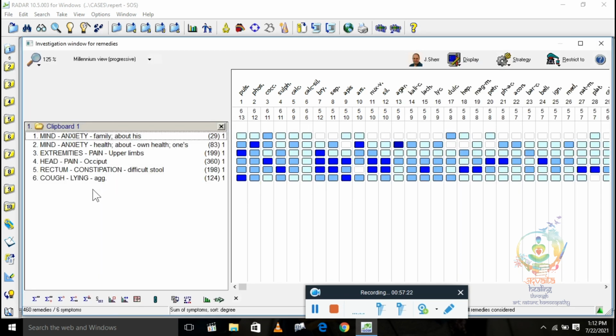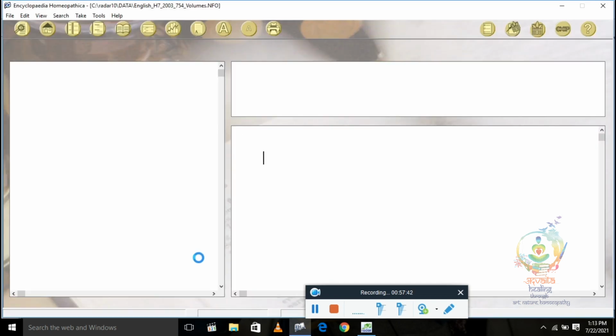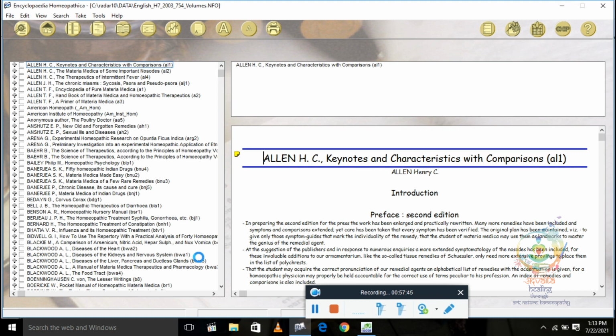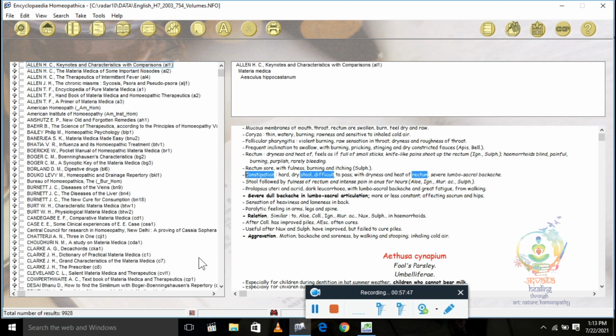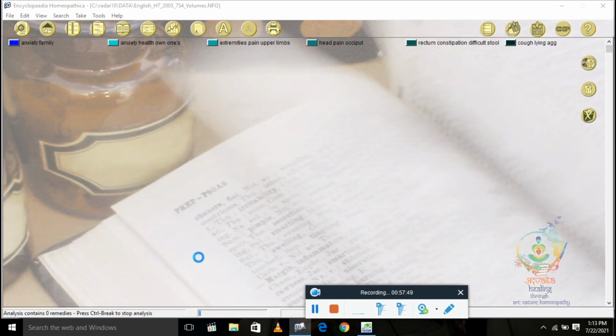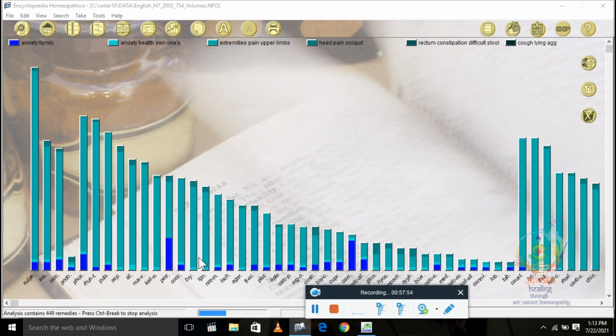You have repertorized these 6 symptoms, and you don't have time to read materia medica and confirm, and you want rapid work, so you can just press analysis by family, and the software will search in all the materia medicas, which materia medicas it is available in and which not.